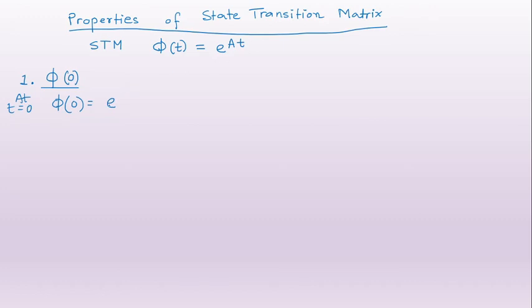If I express phi t in a series, it will be first the identity matrix, as A is a matrix, then A t plus A square t square by factorial 2 plus, in this way. So if you put t equal to 0, naturally it will become an identity matrix. So phi 0 will be obviously an identity matrix.